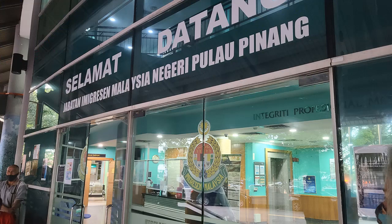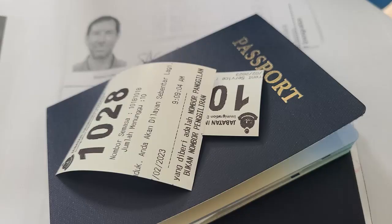Yeah, it was. We go in the first line, and the first person says, this was Kuala Lumpur immigration that put this letter in your passport. We can't do anything about it. You need to go back there and talk to them. And we were like, no. Is there somebody else who can help us? And we talked to